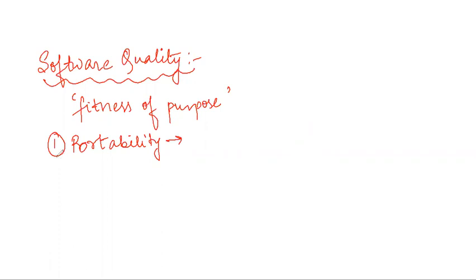Okay, the next factor is usability. Suppose different categories of users, both the expert and the non expert, can easily use all the functions of this product, then we say that the product is usable. In today's world, if you see a normal Android smartphone, different sections of our people, both the educated and the uneducated, everyone can use this mobile, right?